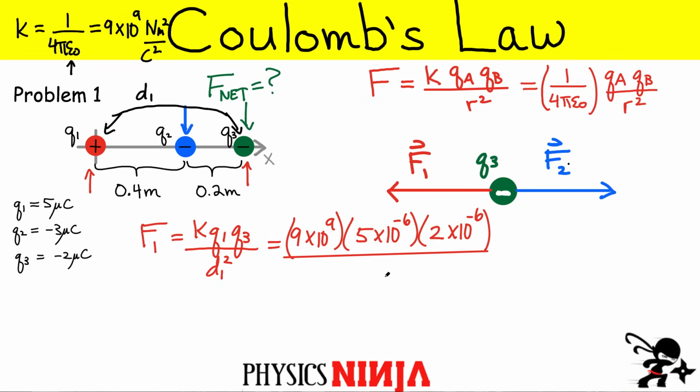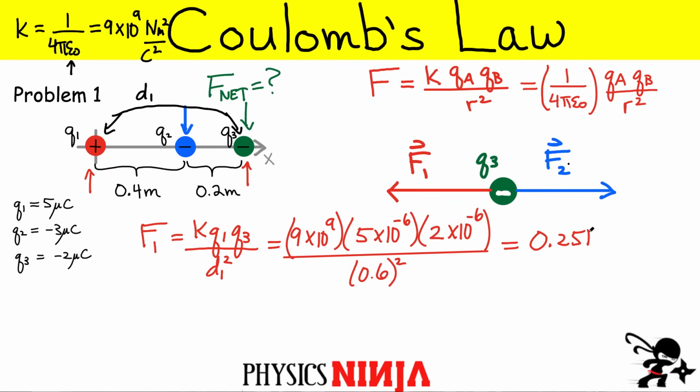All right, and now we also have to divide by the distance squared. Now in this case, this is the distance between Q1 and Q3. If I look down at the figure, I've given you some distances here. You should see that this distance should be 0.6. So 0.6 meters, and I have to square that value. All right, now be a little bit careful when you enter this in the calculator. I did this, and hopefully I did it correctly. At the end, I get